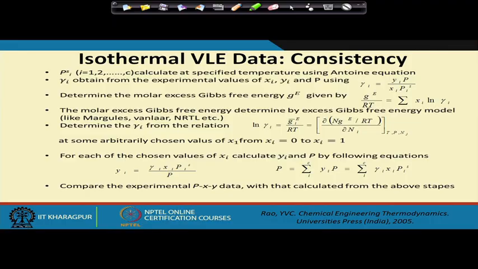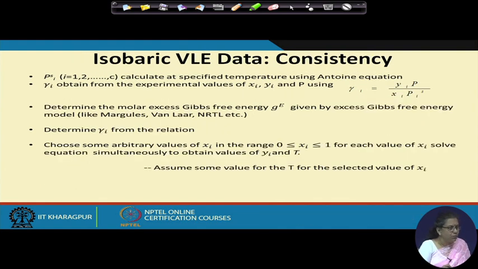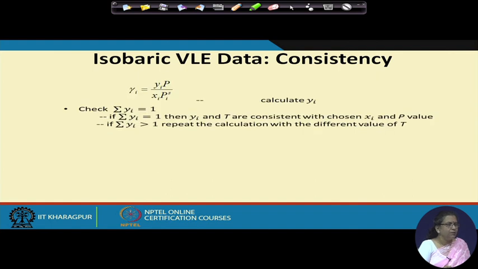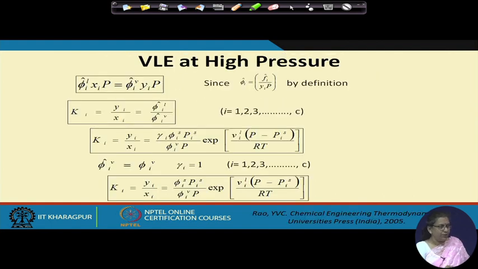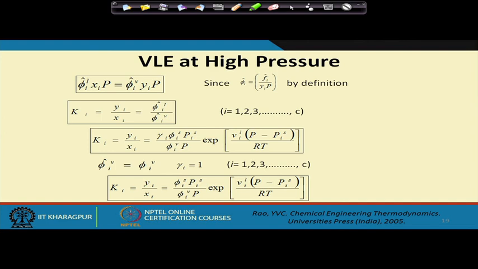Now, here I would like to show you the methodology which is used to solve vapor liquid equilibrium problems under isothermal conditions, under isobaric conditions, and also at high pressure. Now, at high pressure what happens? We cannot replace fugacity with pressure under this condition. So for these particular conditions, usually when we are dealing with hydrocarbons, what we do is